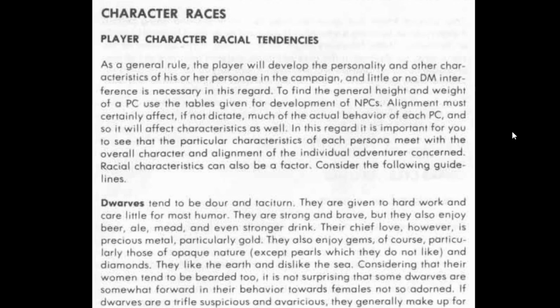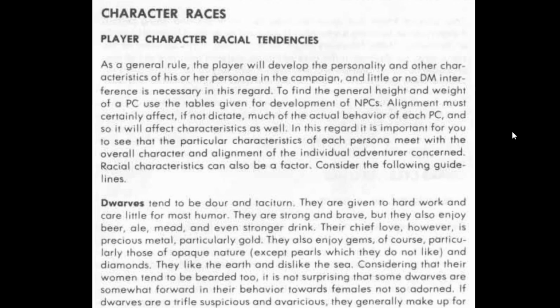Continuing, in this regard, it is important for you to see that the particular characteristics of each persona meet with the overall character and alignment of the individual adventurer concerned. Racial tendencies can also be a factor. Consider the following guidelines. So here's how we get into